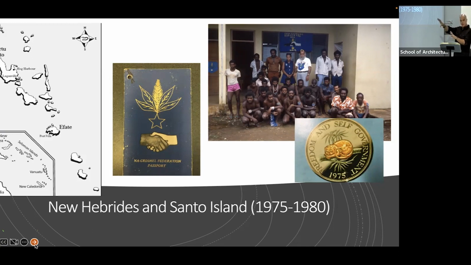This is very common during the era of decolonization: you don't have to just think about nation states. You can think about confederations. You can think about a whole array of other kinds of political possibilities, not just nation states. And so they're trying to capitalize on this. And in the end, you can see this is the passport that they put together, right, with the white hand and black hand shaking. And in the end, a rebellion broke out in 1980, and it led to the displacement